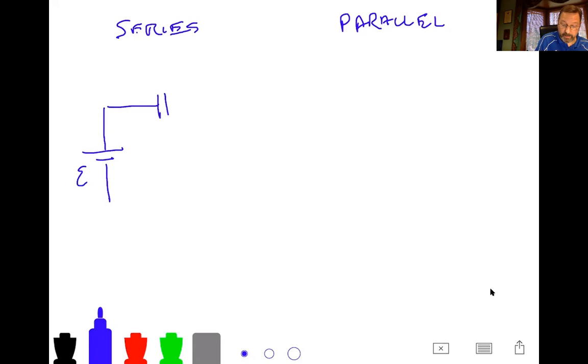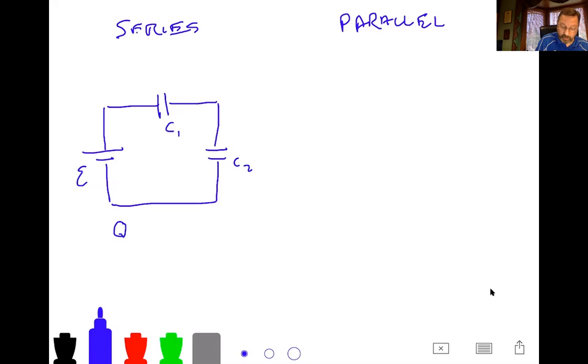And then we created circuits like this one, where I put two capacitors. Let's call this one C1 and this one C2, okay? And we call that a series arrangement, okay? And you can see you've connected the capacitors tail to head, I guess, or head to tail. And a couple things we believe about that.